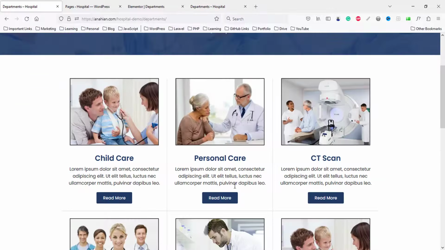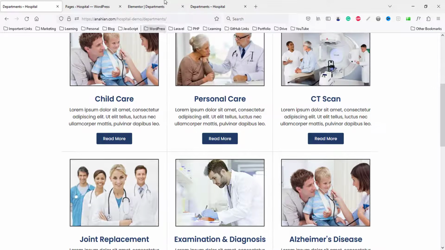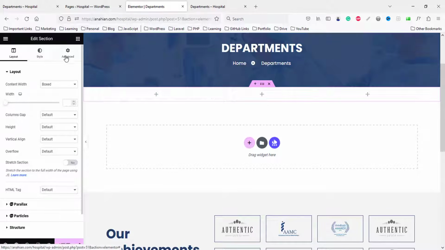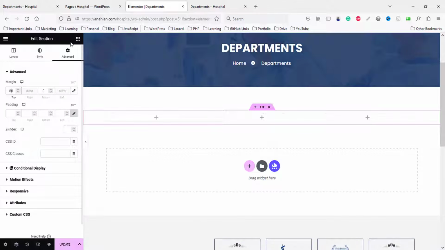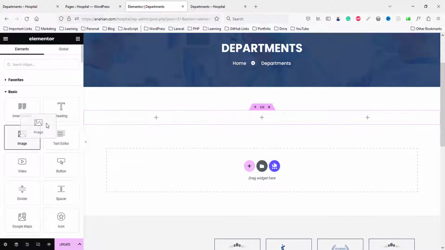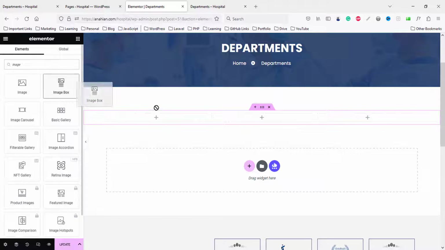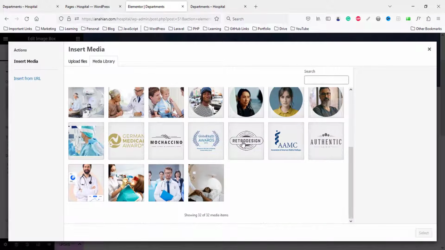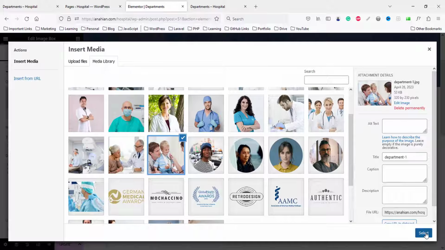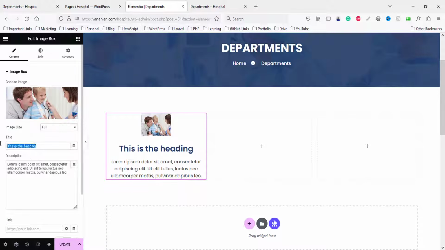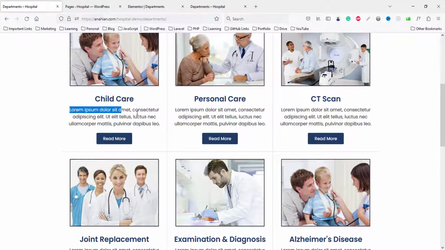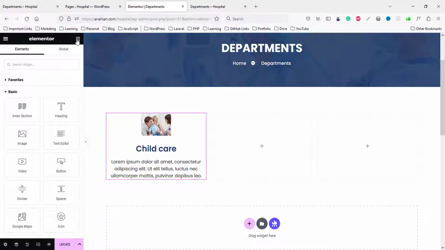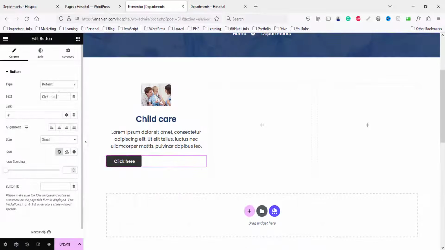That's fine. Okay, then we need 3 box with the column and text. Okay, so from here class I can just choose 3 columns and settings, go to advanced, just padding margin top 80 pixel. Now we can choose here just image box. Okay, so first child here, so we can choose here our services. So department 1, this means department page, this text, and here this paragraph. Then we need a button part, so we can choose this button right here, read more,